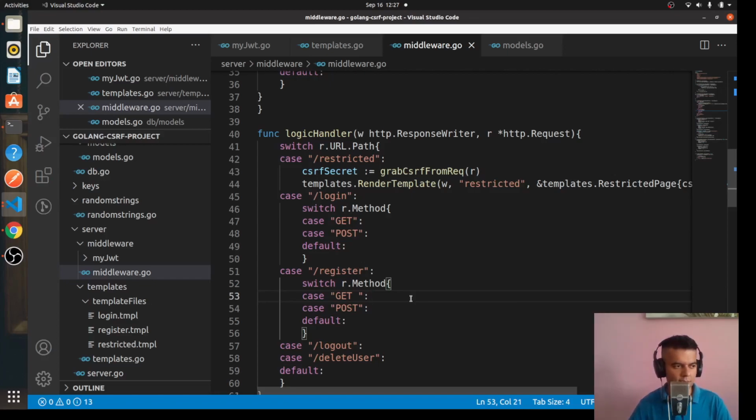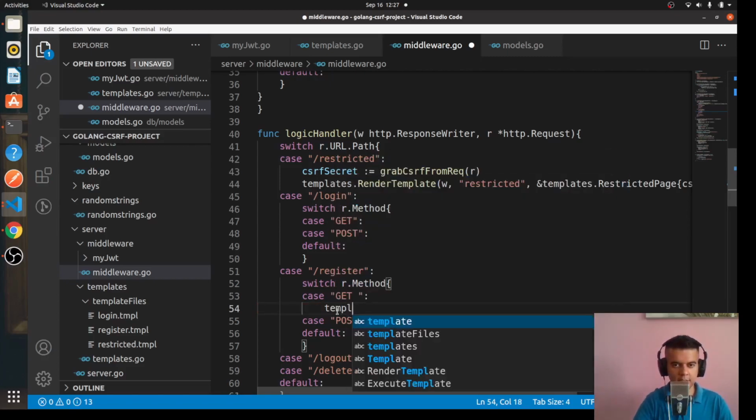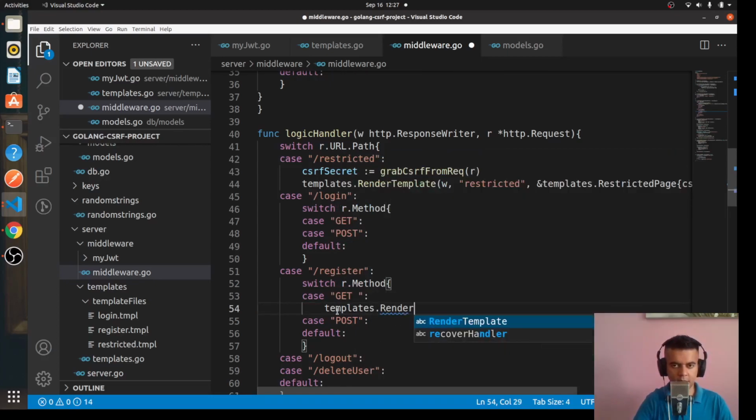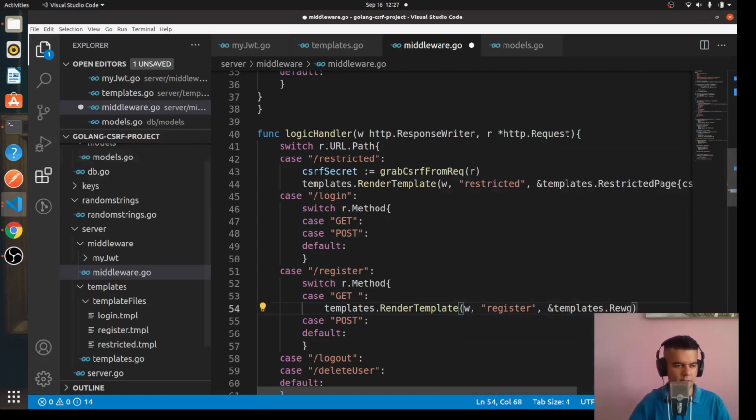So when you have a get on the register route, you can actually do something with it. You don't have to just send hello to the register route. If it was just Postman, we could have just said hello. But since we also have a front end now, we can actually show something in the get register route. So we'll show the actual registration page. We'll say templates.RenderTemplate(w, register, &templates.RegisterPage